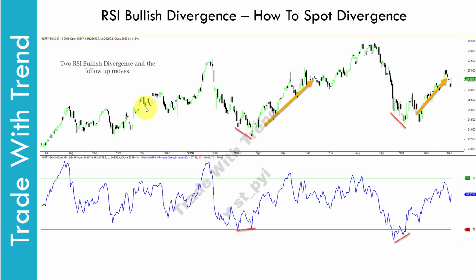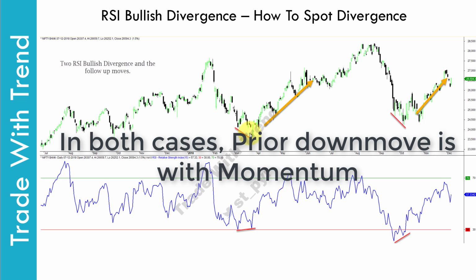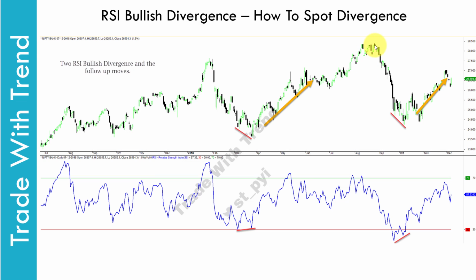Now this particular chart that you see in front of you shows cases of strong RSI bullish divergence signals. Look at the fall in price that has happened. It is almost vertical. After that, a divergence signal shows up in RSI and then price moves higher. Again, this is a very latest chart, September, October 2018 for Bank Nifty. Again, you see a vertical drop in price. We get an RSI bullish divergence and we have seen price moving up.